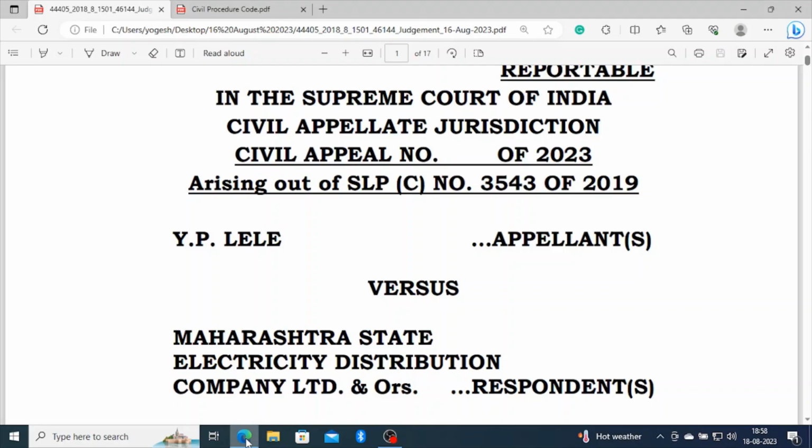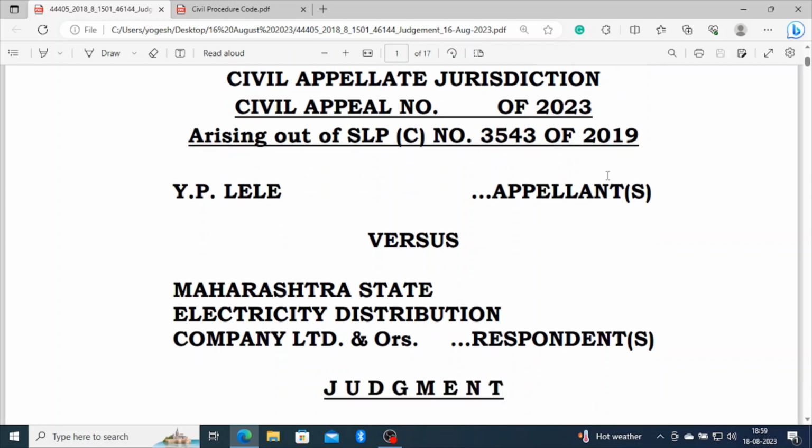Friends, a recent judgment has been passed by the Honorable Supreme Court of India, in which civil appeal number of 2023 arises from special leave petition number civil 3543 of 2019. It's a reportable judgment in which there is an appellant versus the Maharashtra State Electricity Distribution Company Limited and others. In a nutshell, this judgment speaks about the ex parte order which was set aside by the